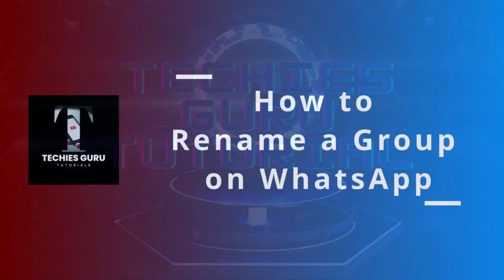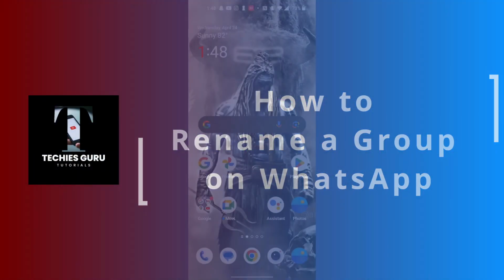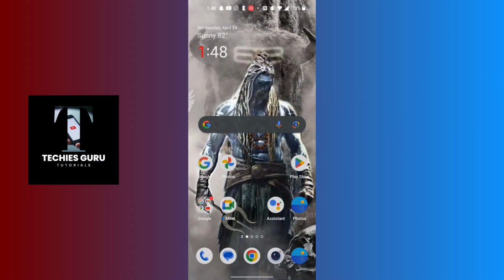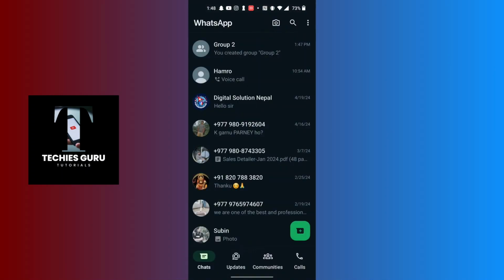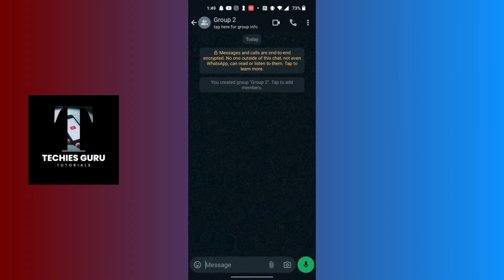Today we'll be learning how to rename a WhatsApp group, and now let's dive right in. Now to rename a WhatsApp group, first open up your WhatsApp app and make sure that you are an admin of the group which you want to rename. And from over here guys, at the top of the screen you can see I have a group that I created earlier. Now in order to rename it, we'll be required to open the chat box like this and tap